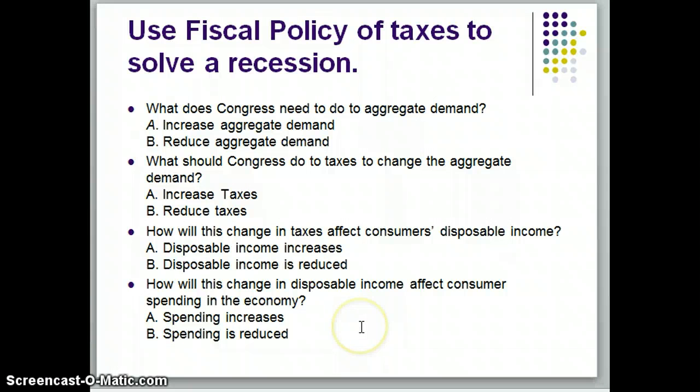And then question number 4, how will this change in disposable income affect consumer spending in the economy? Well, that's going to increase consumer spending because instead of just $40,000 to spend, I now have $42,000 because the government's only taking $8,000. Thus, spending increases. Thus, hopefully, the multiplier effect will take place by me spending that extra $2,000. That will create more money for other people, and that will fight a recession or the high unemployment that we are currently dealing with in this problem. So that's the whole kit and caboodle for you guys. A little intro to fiscal policy.